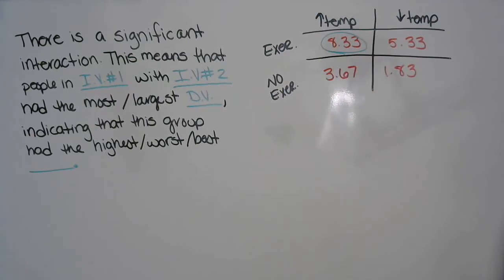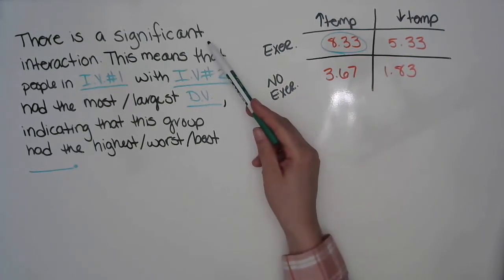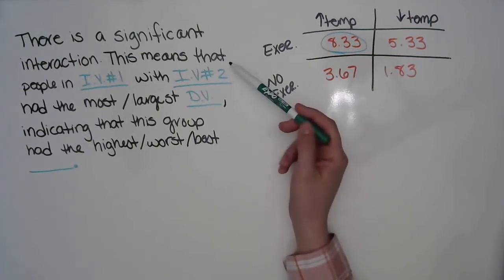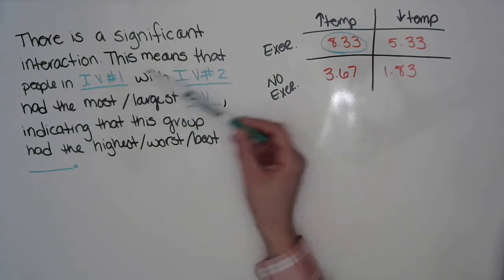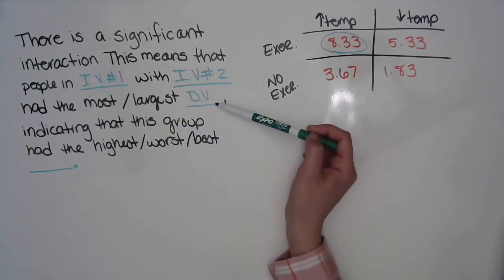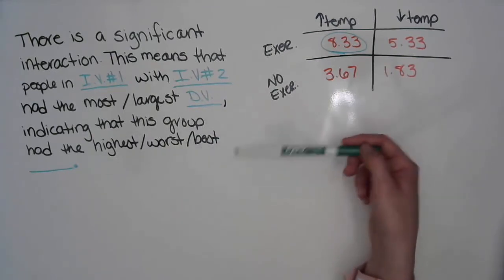So if you wanted to write that into sentence form, here is the basic formula for that. There is a significant interaction, or you would write there is not a significant interaction if there wasn't. This means that people in IV1 with IV2 had the most or largest DV, and then you would go on to say indicating that this group has the highest, worst, or best, depending on